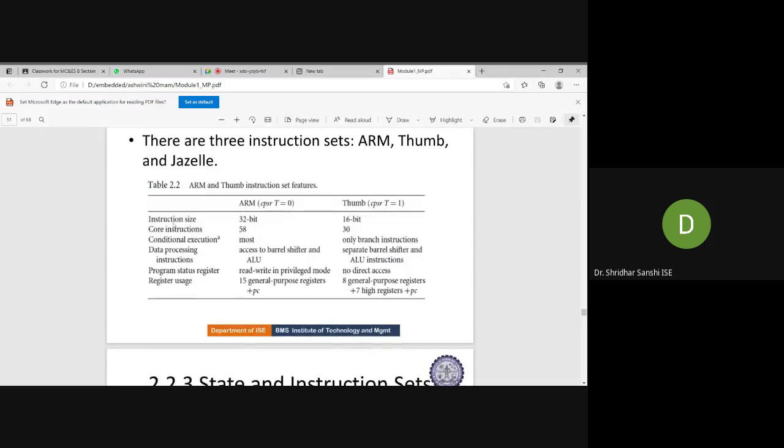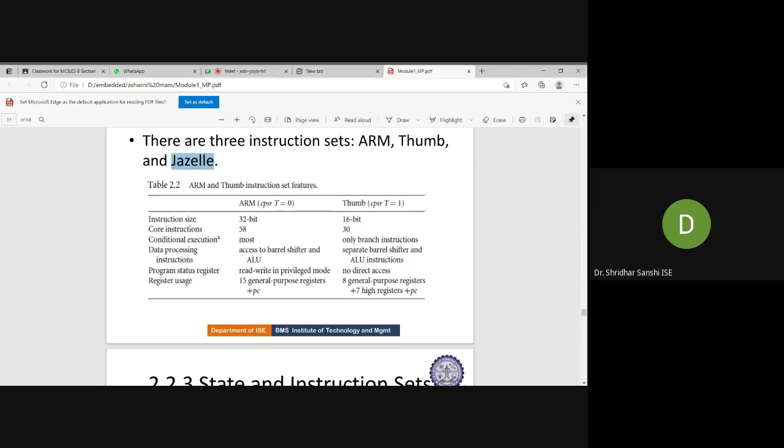Yeah, and also we talked about the instruction sets which are available in the microcontroller. So I told these three are the instruction sets. And the important thing you should know is what the instruction size of a Thumb instruction is. What is the size of Jazelle instructions? I think I have told that, right. Sir, is the size 8? Yes, it is 8-bit.